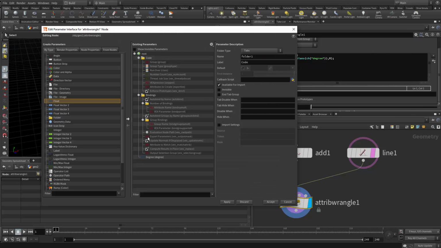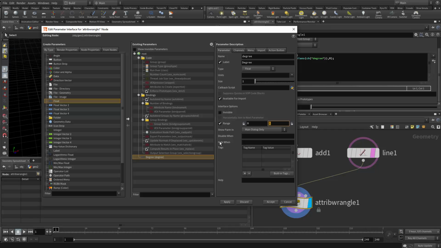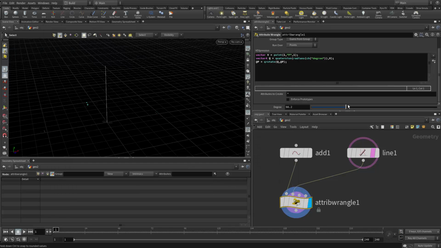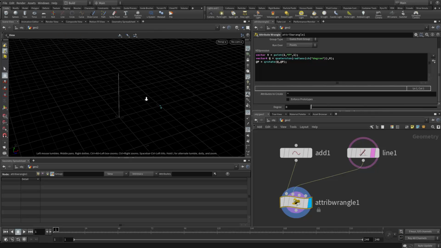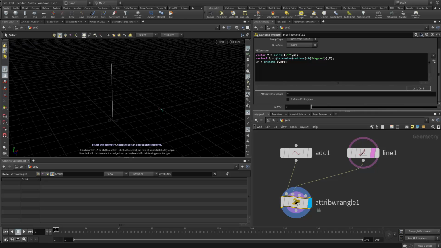And I can also go ahead and say you are going to be ranging from 1 to 360 again. Accept that. And drag this. You can see how when I change the degree defined here, how this point is actually rotating around our axis. And this line here. So yeah, don't overthink it. Quaternion basically is representing a rotation, and the rotation is this amount of angle around this axis. Okay,